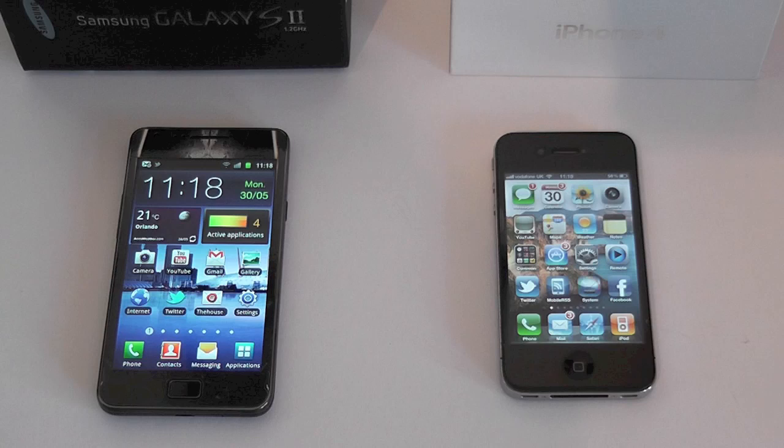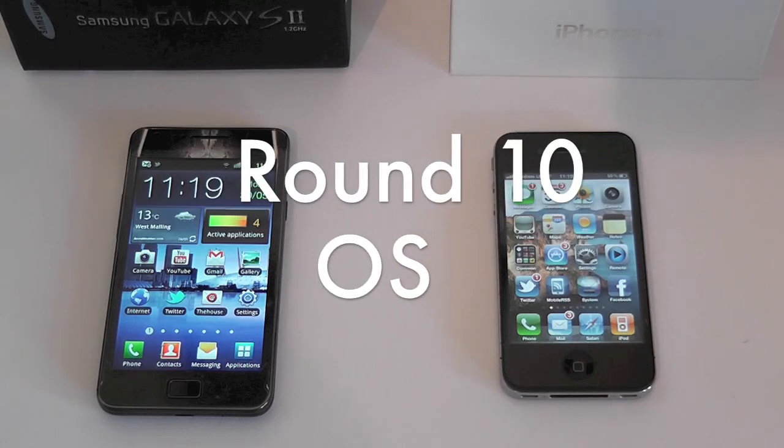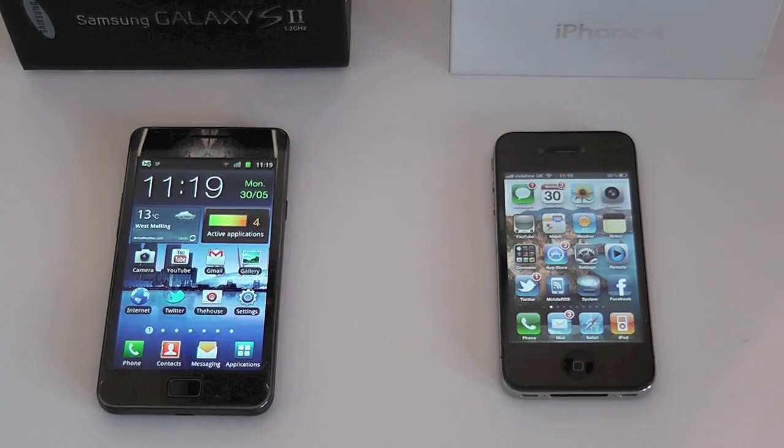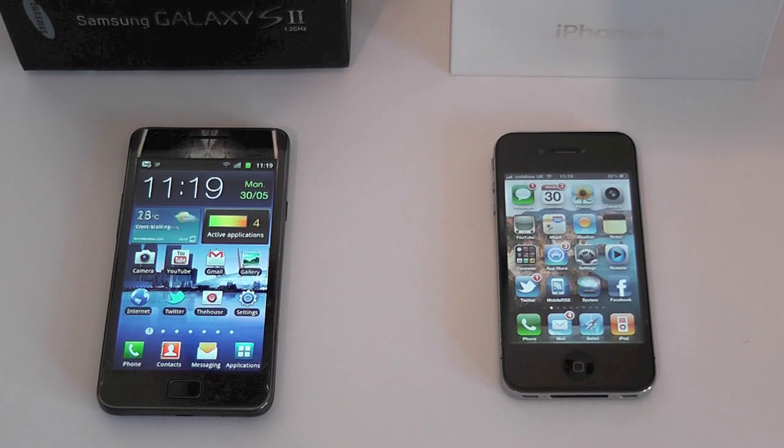Now, heading into round 10. Round 10 is going to be the operating system. So on the S2 we've got Android 2.3, and on the iPhone 4 we've got iOS 4.3.3. Now this is going to be a difficult round to score. They're both very good operating systems, and actually they're fairly different to one another in the approach that they've taken. On iOS it's all very simple. You have a screen and you have applications that you click on, and that's really the extent of the interface